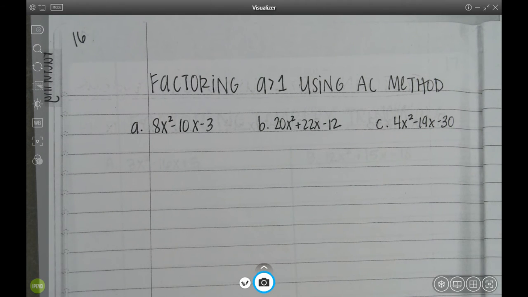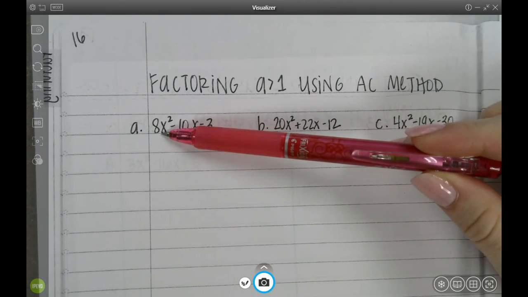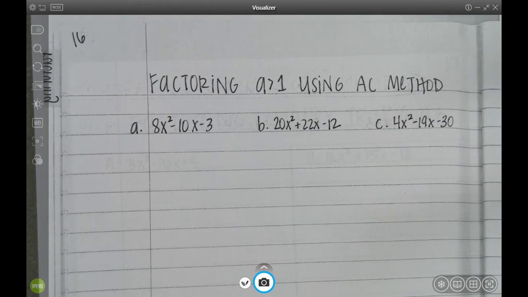Okay, so the other day we factored these that have a coefficient in front of the x squared only by guess and check, right? So it took a lot of finding factors and figuring out which ones multiplied and added and all the fun things, right? So today I'm going to show you another way to do that. I still stand by my guess and check is the best way for this. I still firmly believe that, but I'm going to show you another way in case you don't love guess and